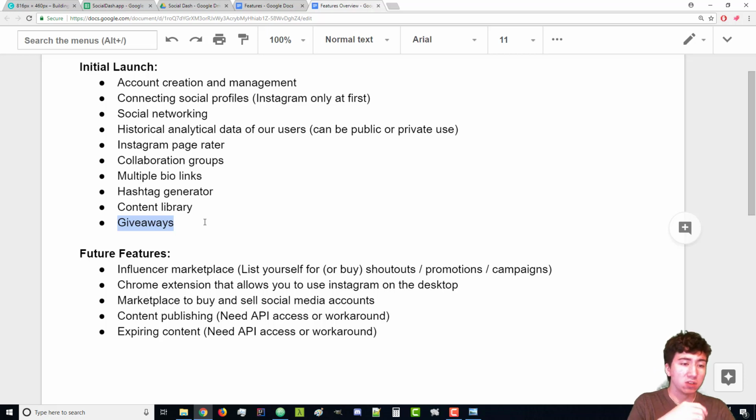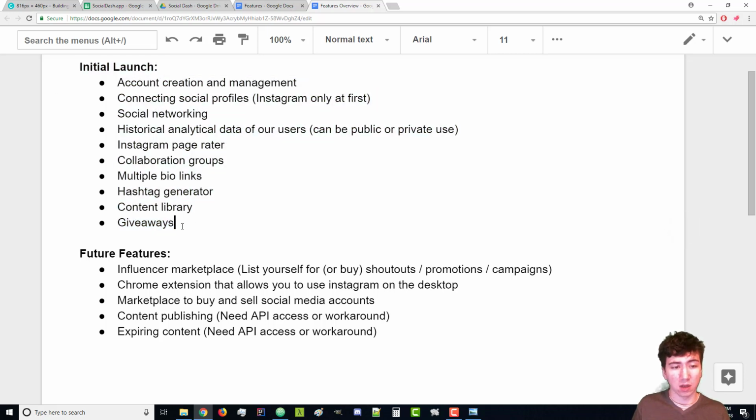And then other ways that you can enter is replying with a specific message. So let's say, this is a bad example, but it'll help you understand the feature. Let's say you have a math problem that you have to solve to enter the giveaway, and people reply with the answer, and then they'll be entered in the giveaway. You can also say tag X amount of friends, like tag 3 friends, tag 1 friend, tag 5 friends, whatever you want to do there. And so then you can randomly select a winner, and you can announce it manually however you want. So these are the features I plan on launching currently.